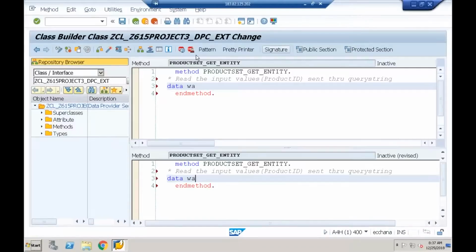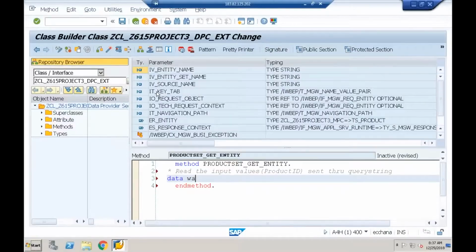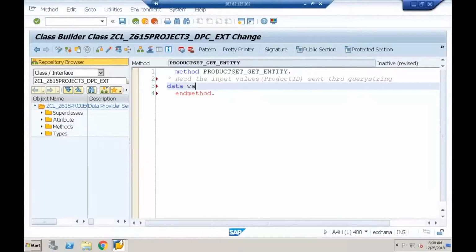What is the parameter which will carry the input values? Already we know, it_key_tab. Data w_key_tab type